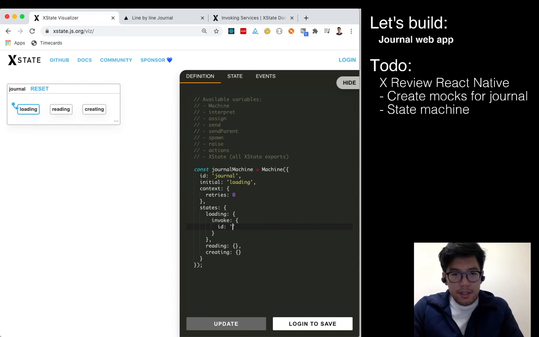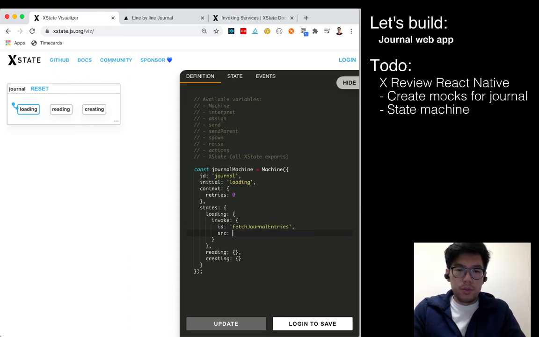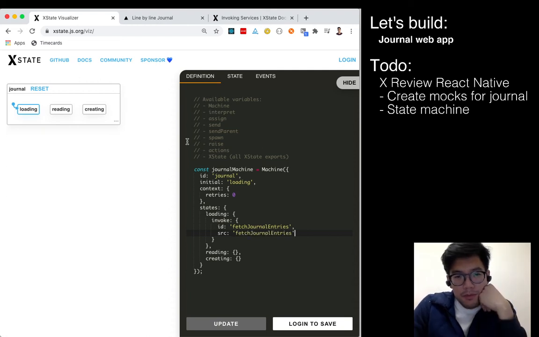So the ID of this service, just for debugging purposes, will be fetch journal entries. The source will be fetch journal entries, and I'm pretty sure it can accept strings, and then you could pass in a second argument to machines,